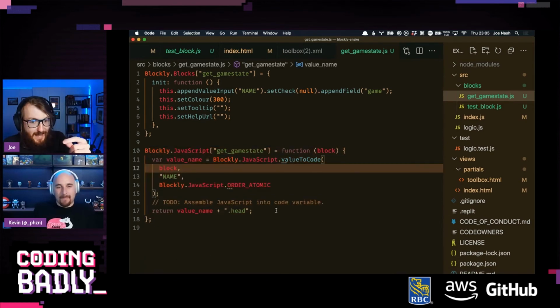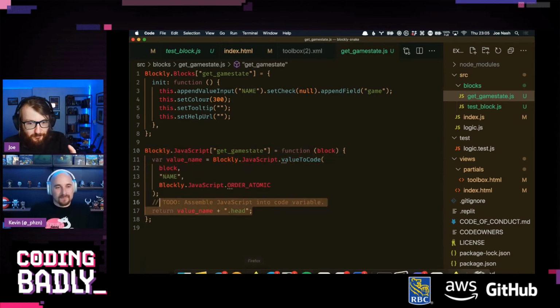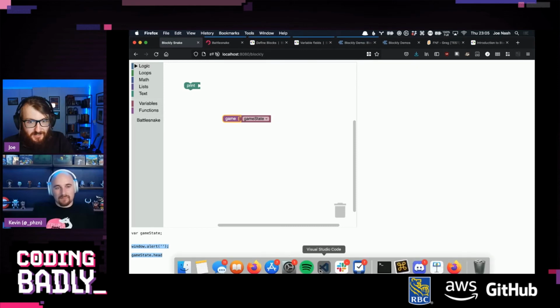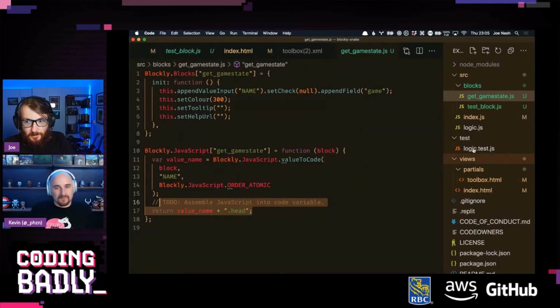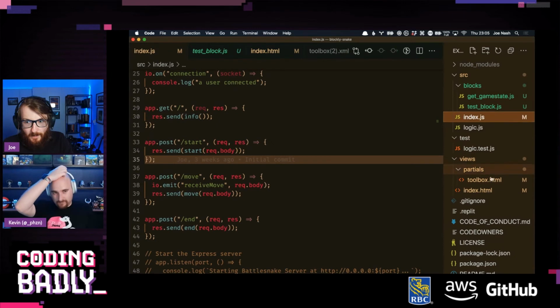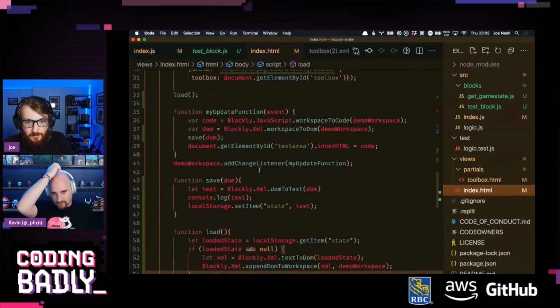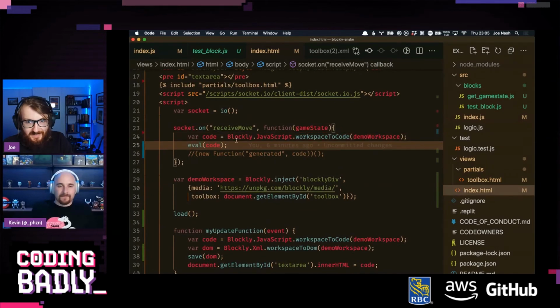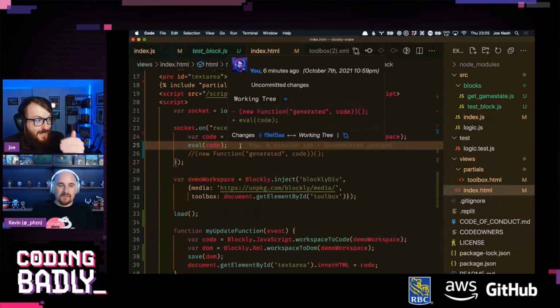The output of this function is JavaScript, which gets output here, but also injected straight into this function, so it gets injected here and run straight away. So GameState.head isn't a string, it's JavaScript code. Well, it's a string of JavaScript, but it's getting run as code in this eval.